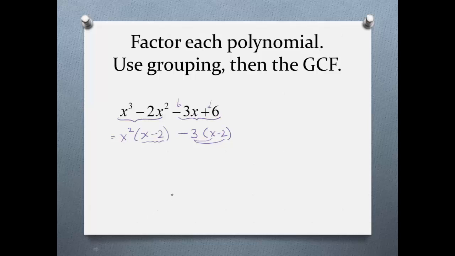Now I've got a common factor of x minus 2, so I can write this as x minus 2 times x squared minus 3, or if you like it organized the other way around, x squared minus 3 times x minus 2. And again, if you want to check this, you're going to distribute